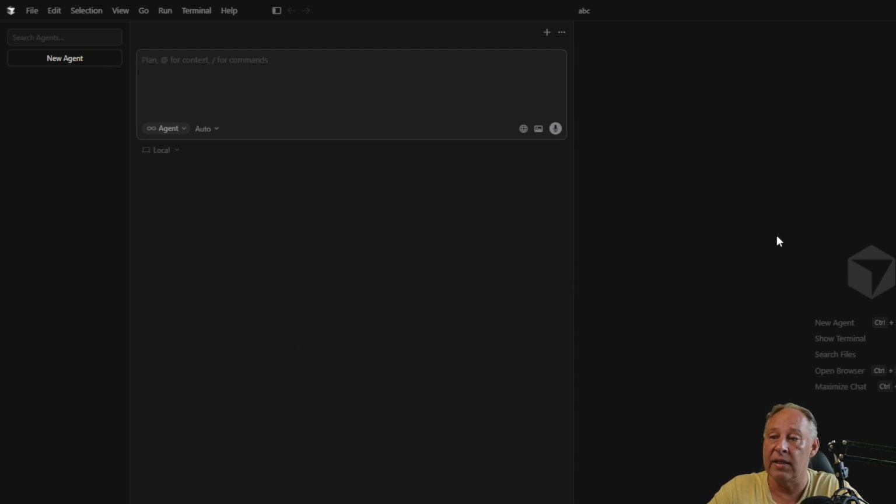On the right hand side, you have your working area, and this is where all your files will show up. Then next to that is where you can type away, speaking to AI and give it your instructions. And to the left is a history of all your chats you had previously. So here's your first tip: every time you start something new in Cursor, create a new chat